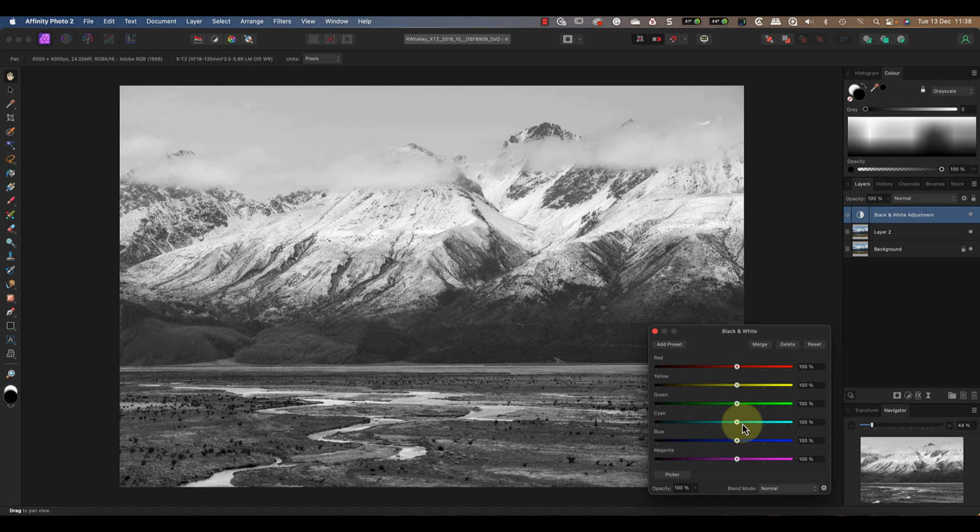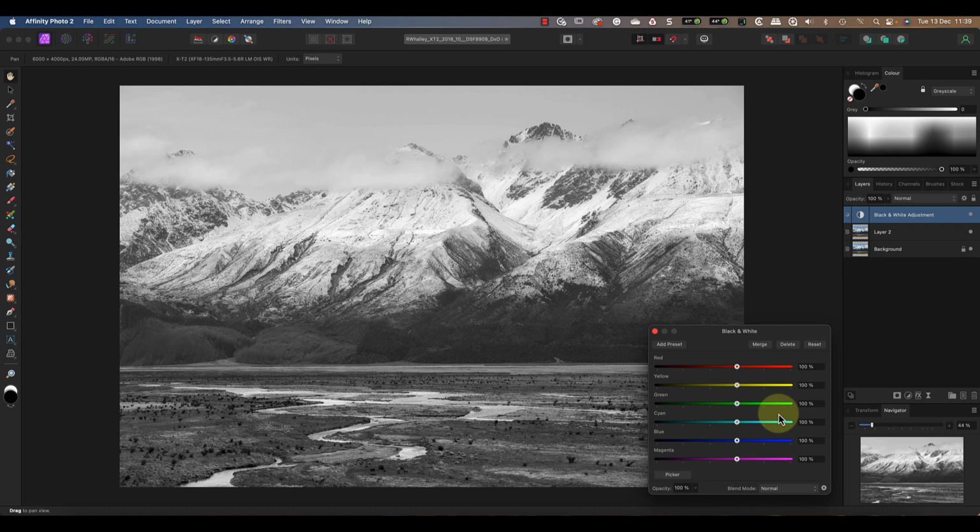The first thing to do when using this adjustment is to understand how each slider affects the image. But it's important you check this for each slider on its own. Take the first slider, moving it left and then right whilst watching the effect on the image. You then return the slider to its default position so that it doesn't affect the other sliders. When you've checked all the sliders, you'll probably find 2 or 3 that have a big effect on the image. These are the sliders you're going to use to adjust the black and white conversion.